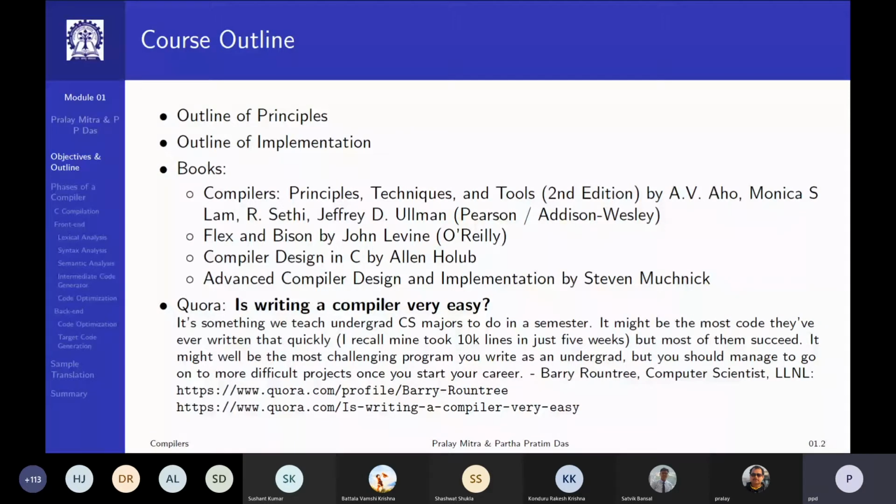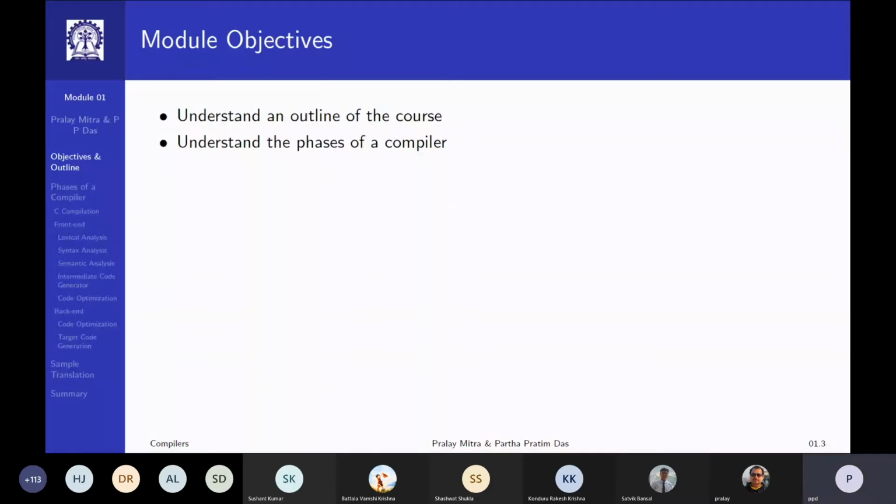We have already talked about the book. So in this module, the main objective is to understand the outline and the phases a compiler has. Of course, in one module or one lecture, you will not be able to internalize the details of every phase, but all through the semester we will go through them and you will eventually learn them pretty well.